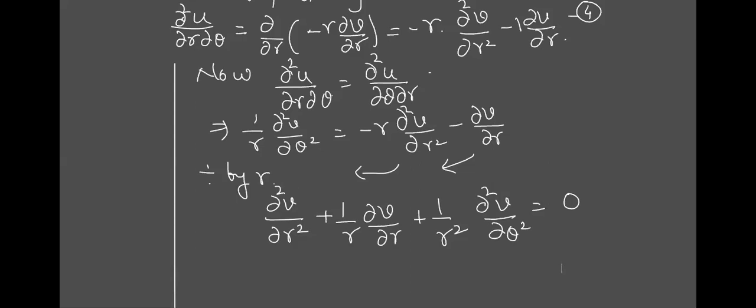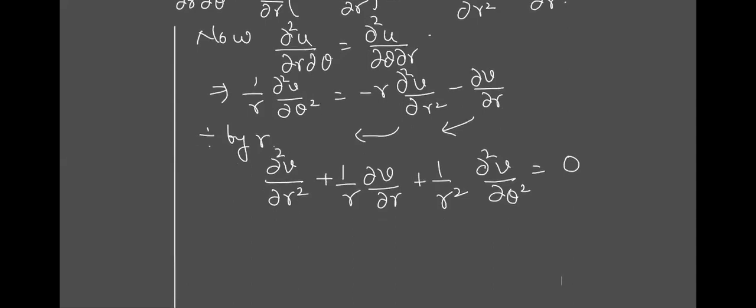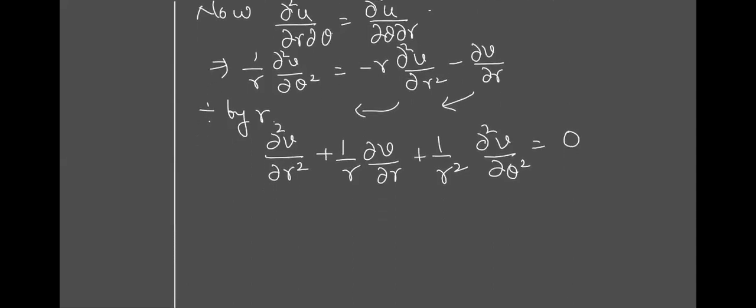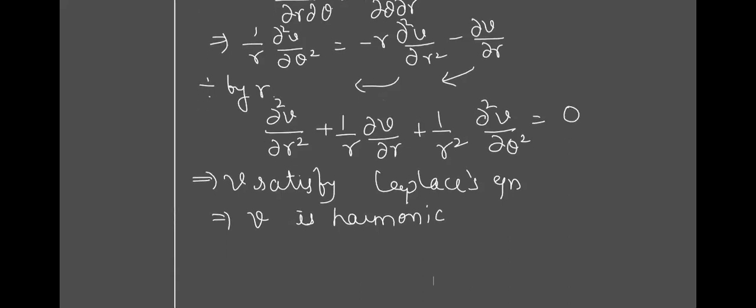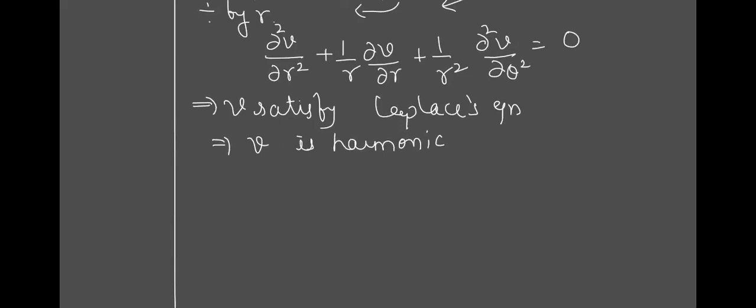Tell me what is this equation? Laplace, isn't it? It's a Laplace equation. So which function is satisfying the Laplace equation? Is it u, v, f, what? It is v. In the numerator we have v. So we say that v satisfies which equation? Laplace equation. So that v is harmonic. So let us call v as harmonic. So from the first two properties, what we concluded is that this is always true. For which function have we proved that it is harmonic?